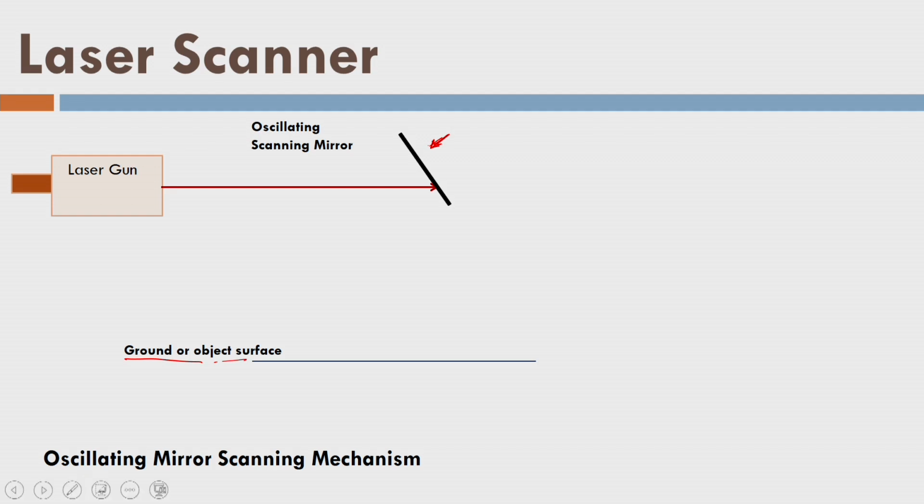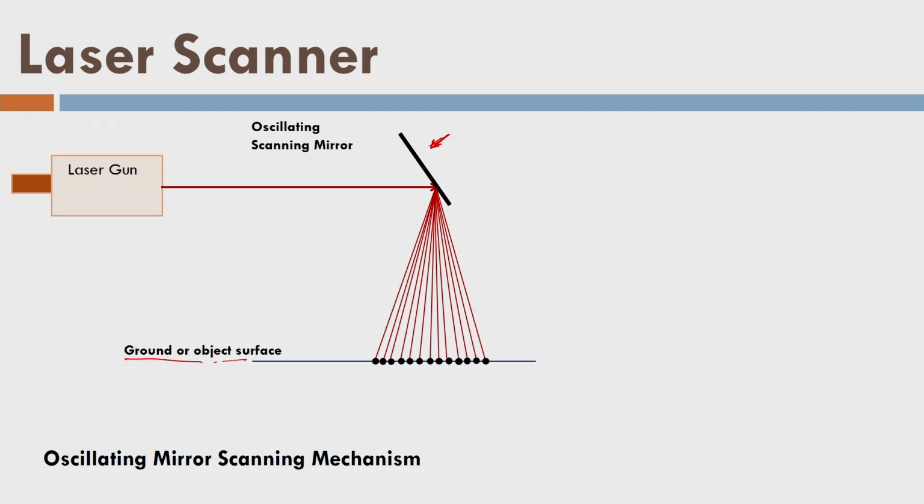So now what is happening here? These pulses are fired from the laser scanner towards the ground surface, and as a result, we get many pulses on the ground surface, and once the ground surface reflects those pulses towards the scanner, the receiver receives those responses and tries to record them. Now you can see here very easily that this length is called the swath, right? Okay, we will talk about all these parameters gradually, one by one.